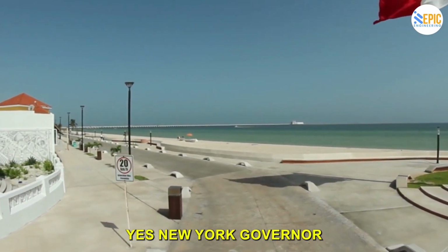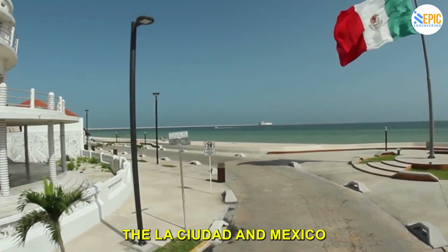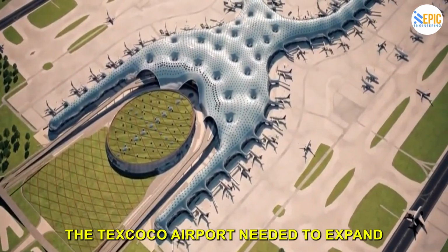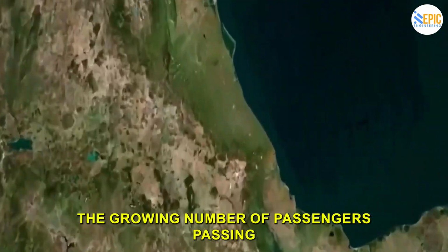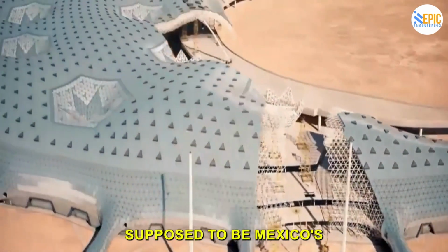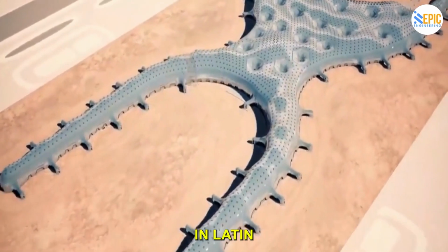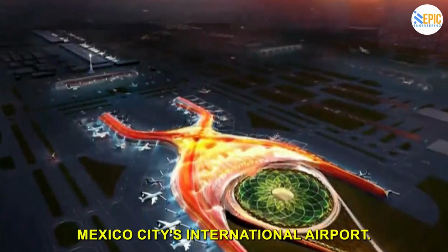Yes, New York Governor Federal wants that one-way open. The International de la Ciudad de Mexico, the Texcoco Airport, needed to expand to accommodate the growing number of passengers passing through it. It was supposed to be Mexico's new international airport, replacing the most popular airport in Latin America, Mexico City's International